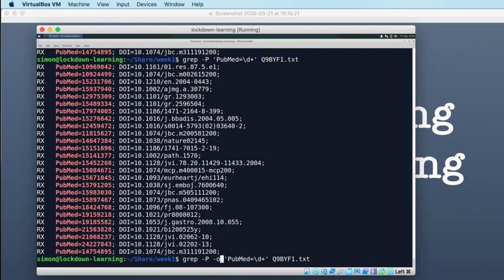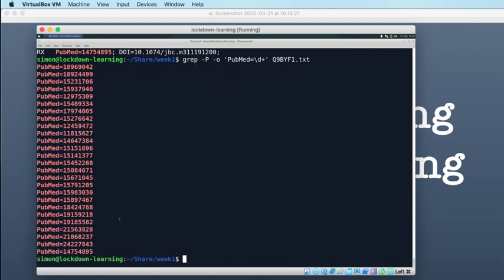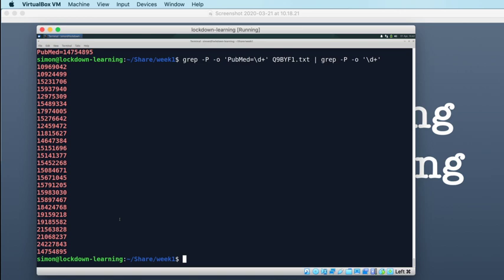So -o to restrict my match to only the bits of the line which match my pattern. So that gives me back PubMed equals number. And then to get the number, I need to do a second grep with just those results. So I pass the output of my first grep into a second grep, again with Perl regular expressions, only the matching bit, and this time I just want the multiple digits. I don't want the PubMed equals bit. And this will give me a list of PubMed IDs,